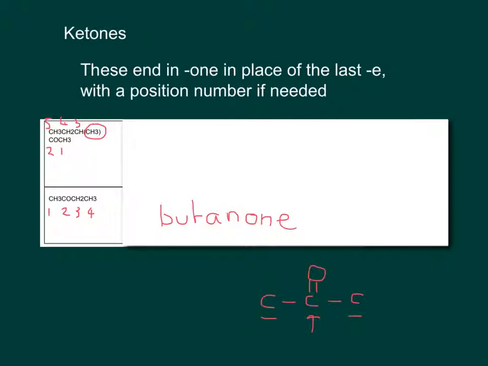I need to use the lowest number possible for my ketone group, which is why I've started at that end. So it's going to be based on pent, and 2-one, because I do need the number here. I've got a methyl group, and that methyl group is coming off carbon number 3, so it becomes 3-methyl